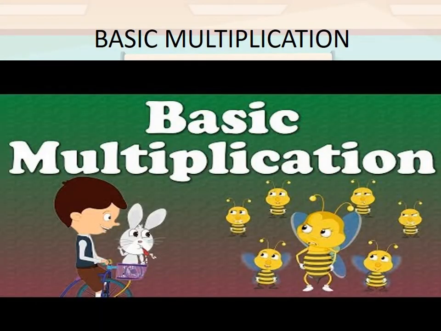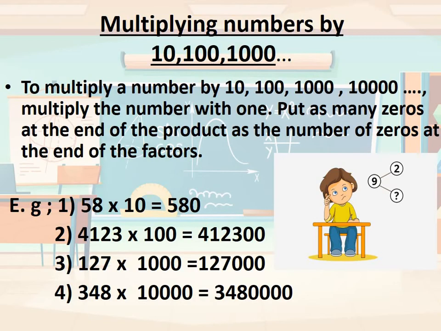Now we are going to learn a basic multiplication, very basic, correct, shortcut trick. If you have to multiply any bigger number with 100, thousand, lakh, 10 lakh, crore, million, whatever, it's very easy. What do you have to do? Suppose 4123, I have to multiply by 100. Right? 4123 multiplied with 1. So you have to write here 4123.